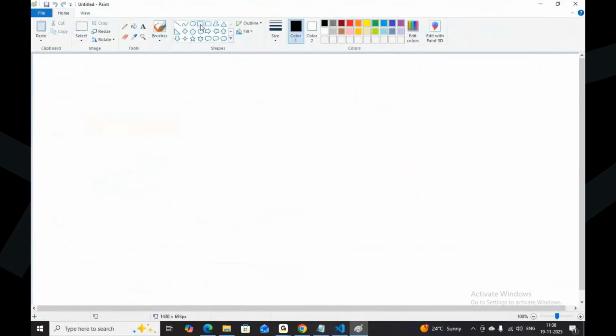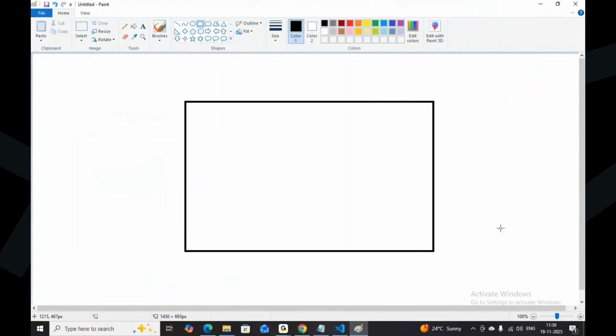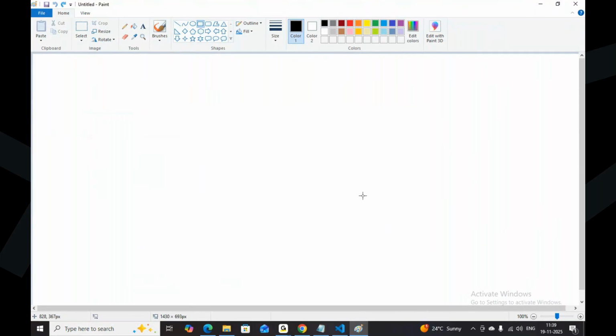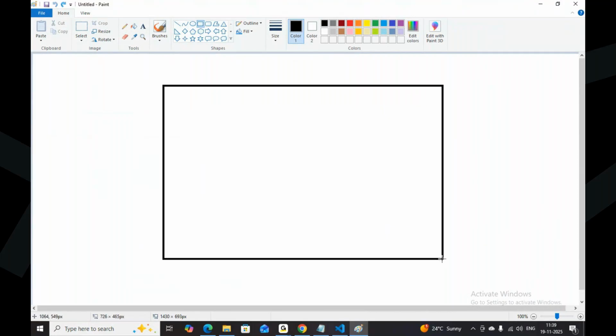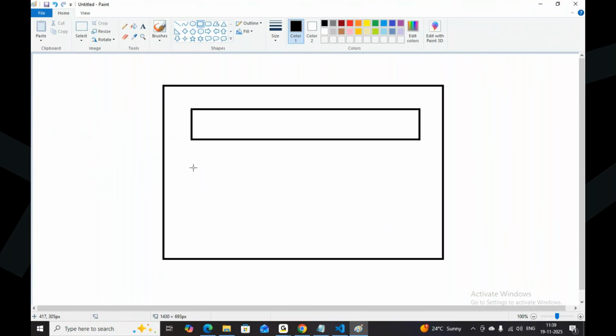Let me go through one more important concept called the box model. Okay, now this is a box. Your HTML web page is a box. The web page itself is a box. But in this web page, if I'm having one or two paragraphs like this,